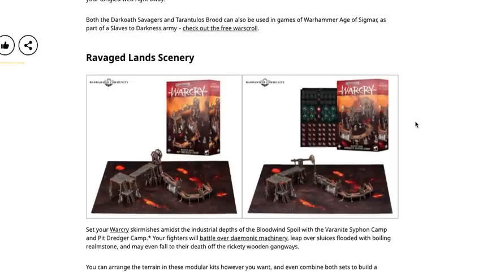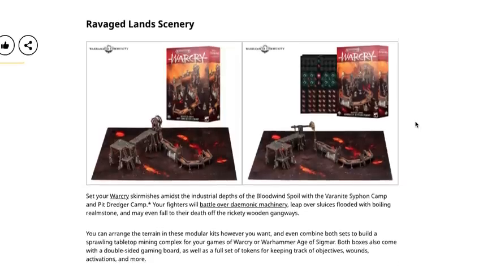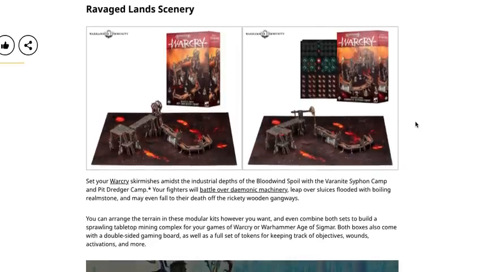Both the Darkoath Savages and Tarantulos Brood can also be used in games of Warhammer Age of Sigmar as part of a Slaves to Darkness army. Check out the free Warscroll Cards. So those are pretty cool. And then they came from the set for Red Harvest. And then for...